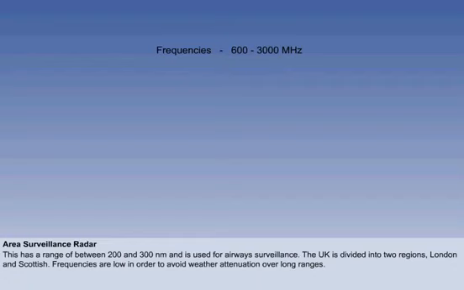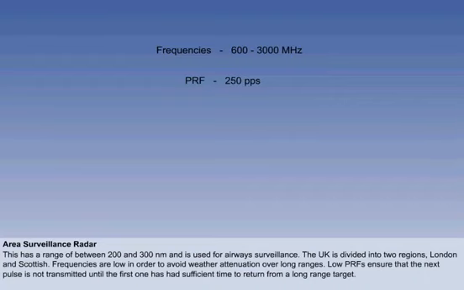Frequencies range between 600 and 3000 MHz in order to avoid weather attenuation over long ranges. A frequency of 3000 MHz would give a wavelength of 10 centimeters. PRFs are usually around 250 pulses per second. This ensures that the next pulse is not transmitted until the first one has had sufficient time to return from